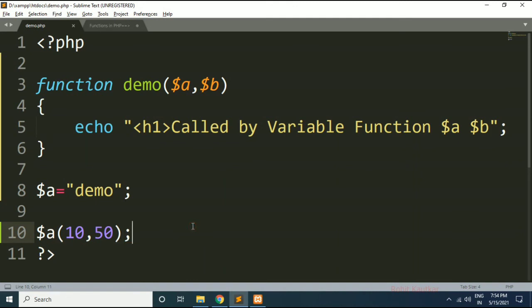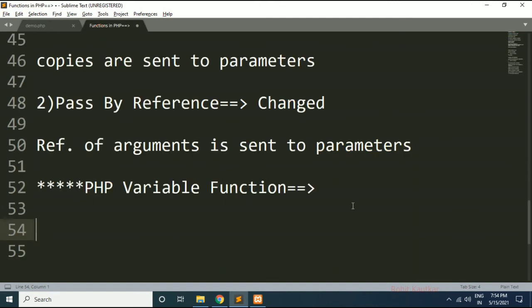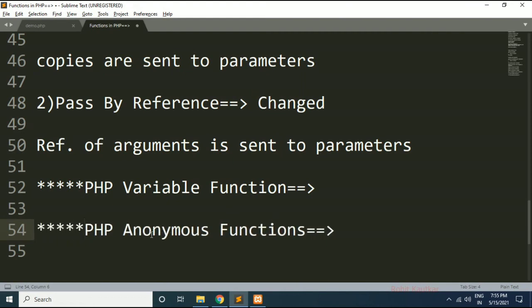Now next we have anonymous functions within PHP. PHP anonymous function. This is also an interesting concept in PHP. What are these anonymous functions? These anonymous functions are functions which do not have any user defined name.